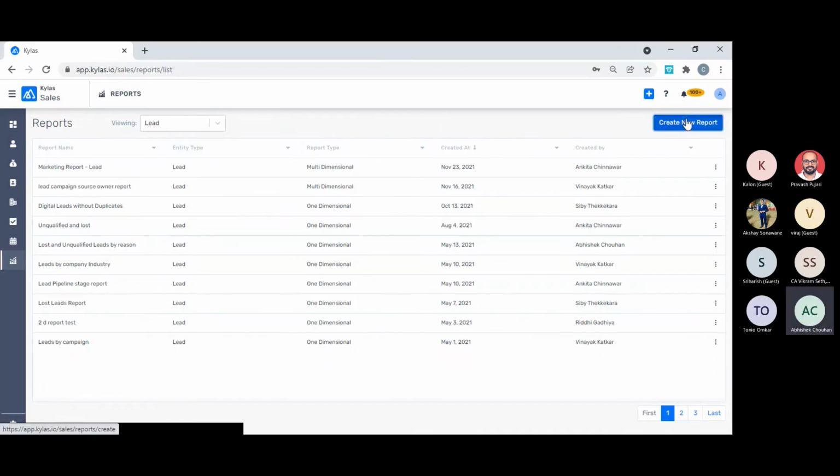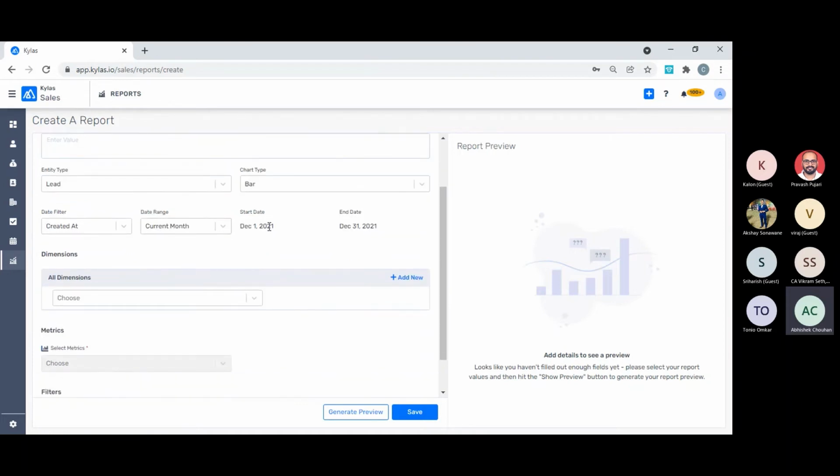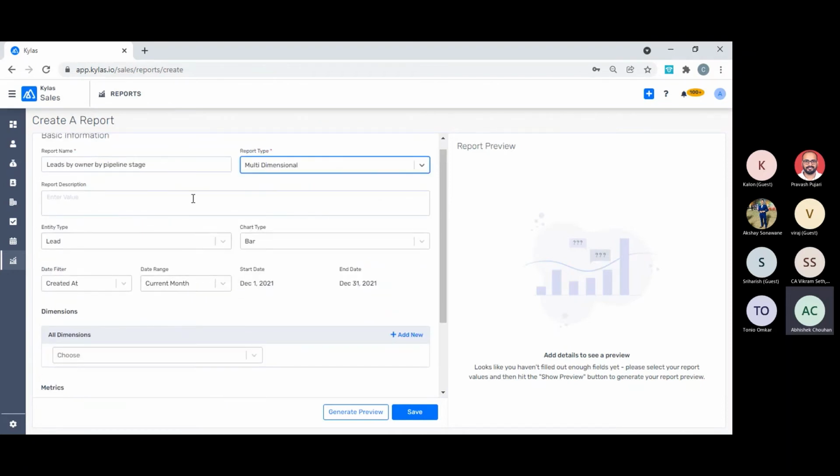Okay, and after one-dimensional reports, let us talk about multi-dimensional reports. This is simply an increment of a dimension. Let's say leads by owner by pipeline stage. We can see the report leads by owner, how many leads are assigned to how many sales users. We can also see how many leads are in each pipeline stage. But what we really want, to increase our efficiency, is to see at a time how many leads are assigned to how many owners and on which pipeline stage every lead is standing right now.